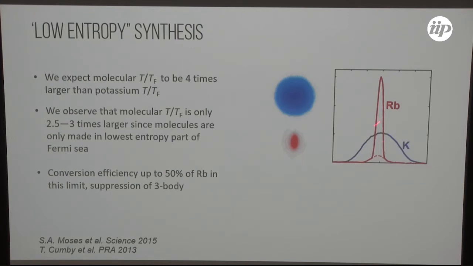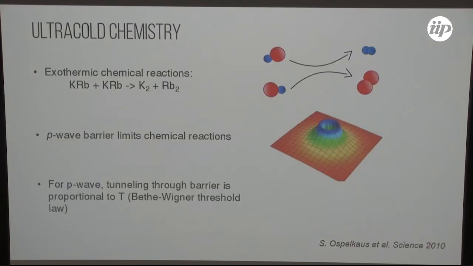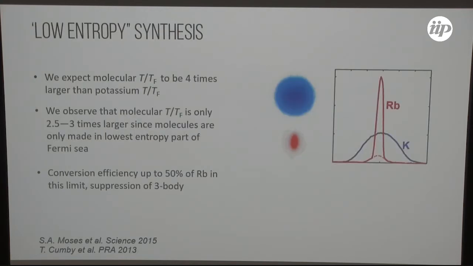So an impurity that is represented by this boson. And we expect, based on quantitative determination of the Fermi temperature and so on, so essentially going from the trap frequency to the atom number that we have, an increase of the T over T_F by a factor of 4 when we go from the atomic component to